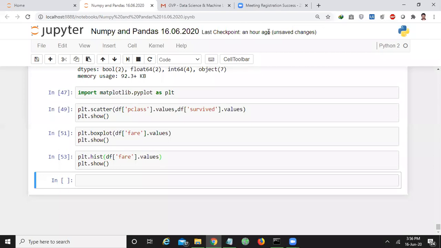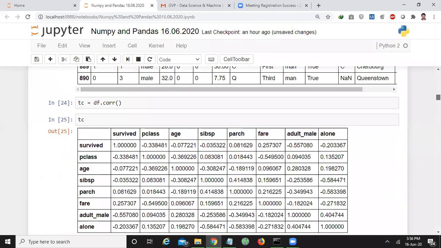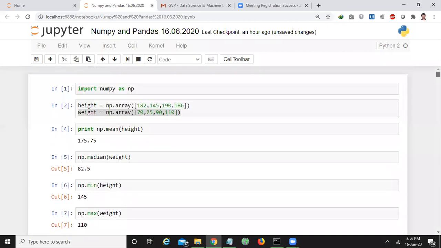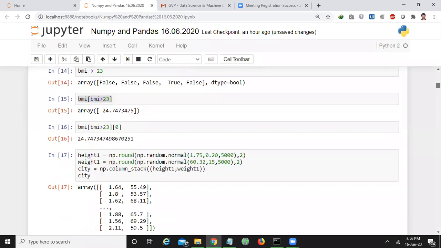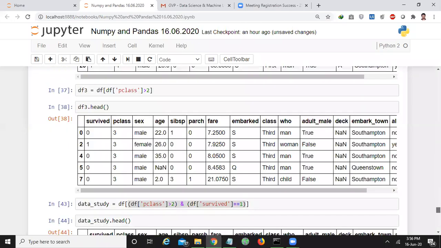I think some of the students may have the data set and some of the students may not have the data set. No problem. I'll mail the data set. If possible, I'll mail this notebook also.